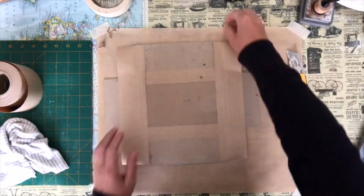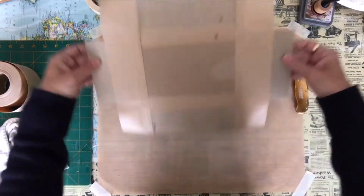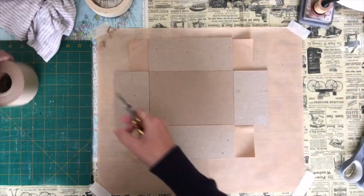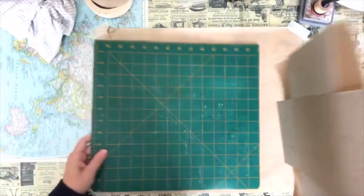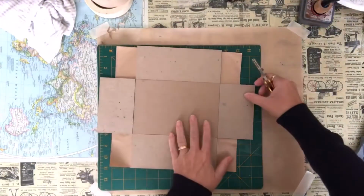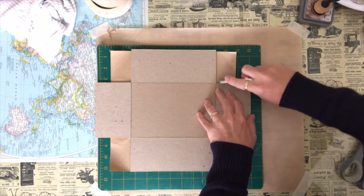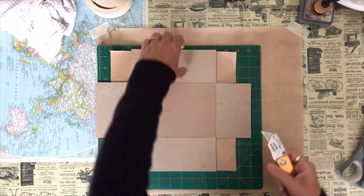And now we're going to need our sharp knife, and we're going to flip this over. And what you're going to do is you're going to cut, and I'm just going to bring my mat over. I've done this a couple of times. I've cut this right on top of my silicone mat and put a big slice in it. Now what you're going to do is cut along the edges of the shorter pieces, just like this. 1,